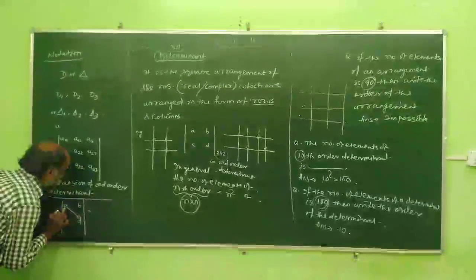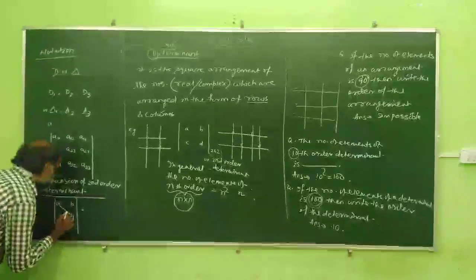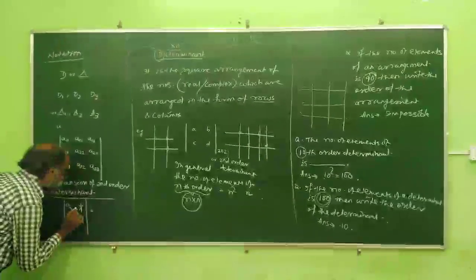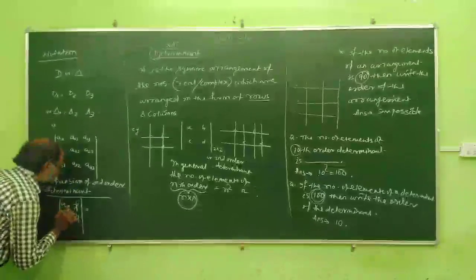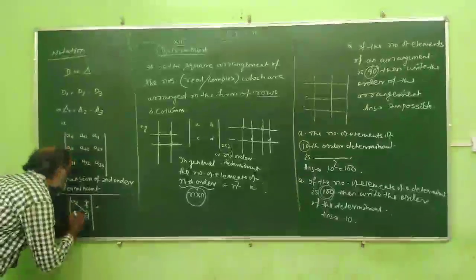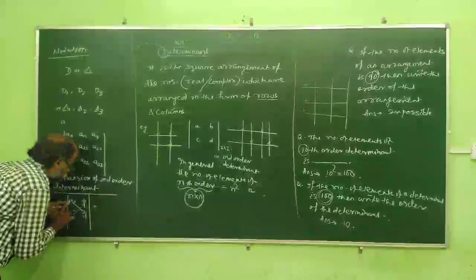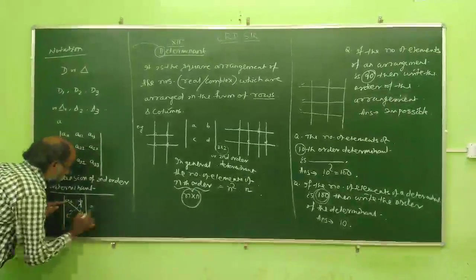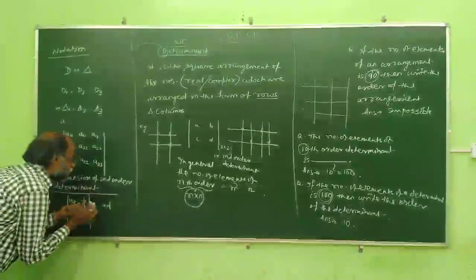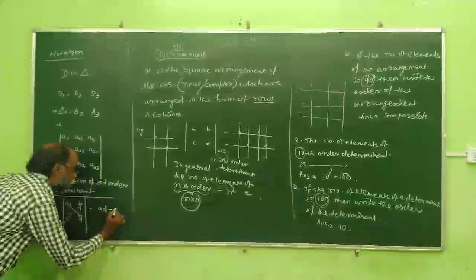Start from the extreme left. Ready? Then diagonally place the arrow. And it is a dotted one. Arrow stands for product, meaning multiplication. And the deep arrow stands for positive. Dotted arrow stands for negative. First we have to start from the extreme left. That means how to move? A into D. Here the sign is plus. Generally we are not writing the plus sign. Then the sign is minus. Minus C into B.